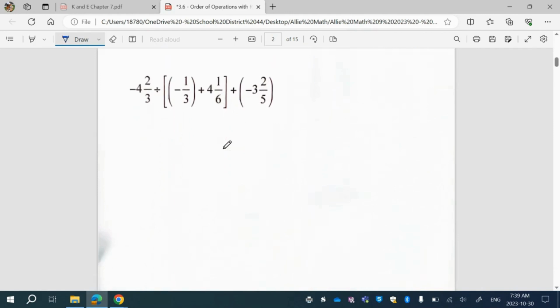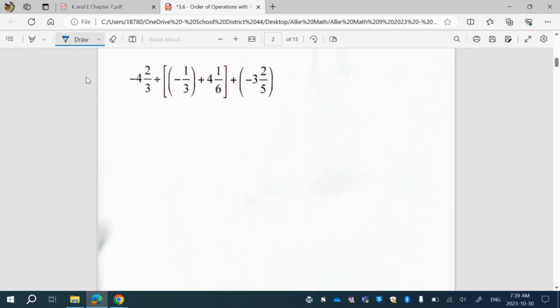This last one, I will go over it as well. We need to convert all of these mixed numbers into improper fractions. So let's start with that. Let's go times plus, times plus, times plus. So we have 3 times 4 is going to be 12, plus 2 is 14 over 3, divided by,